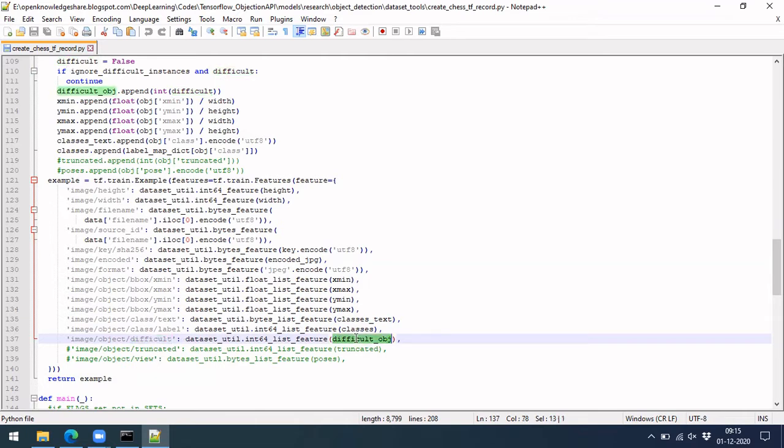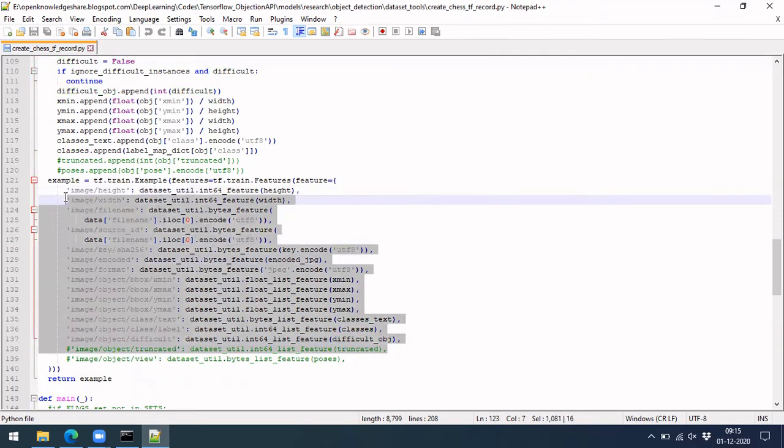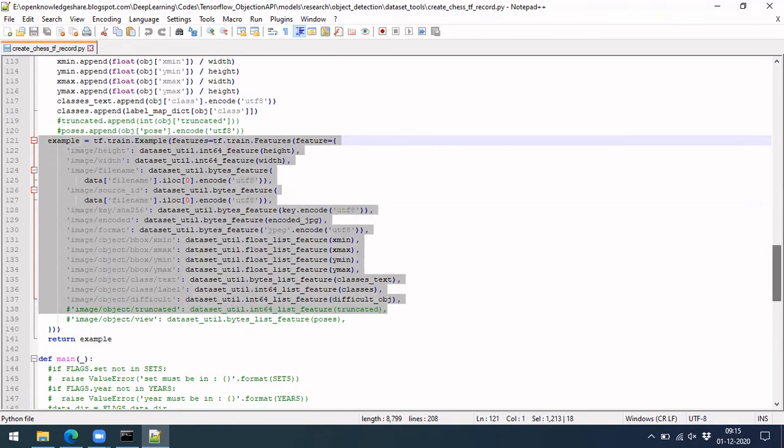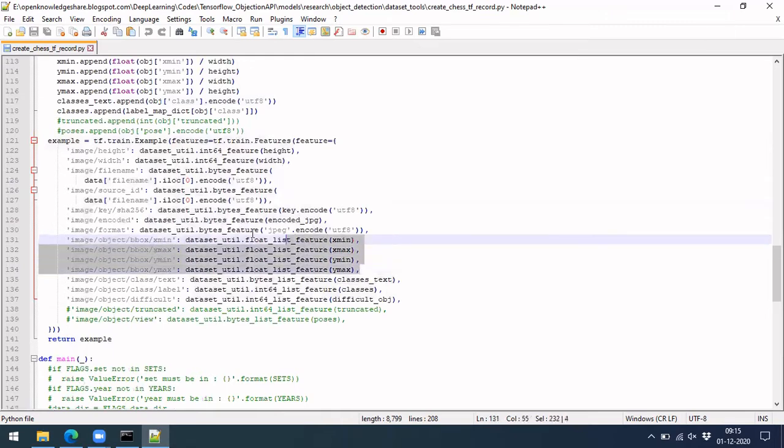There is just one more field, difficult, which was there earlier. Because we don't have any such label with us, I'm just making it false everywhere. Okay, so this information will get stored within the TF record. You don't have to worry about this at all. Our data will be of the same size. You just have to run this, nothing else. In case you want to do any modification, you just have to modify only here, because maybe instead of x max, y max, x1, y1, x2, y2, it may be in the format of x, y, w, h. Then you may have to modify only in this format. Other than that, you can blindly run this file.